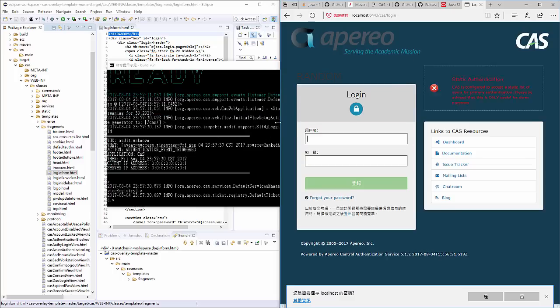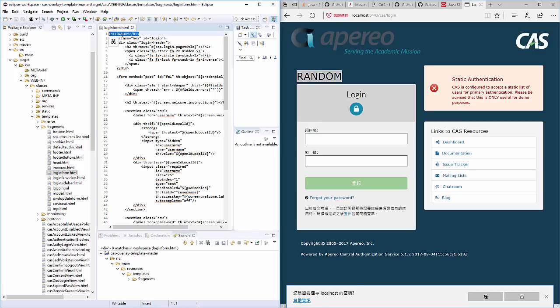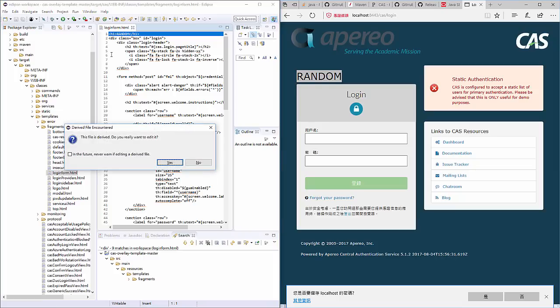That is loading forever. But if it's not loading forever, I don't know whether you can see it or not. Let's just highlight it. You can see that there is a random above the login page. And where does the random come from? The random comes from what I've specified here. I just randomly put in something and it works because I've edited it, and I added the random keyword here, and it will look at the keyword random and showcase it here.